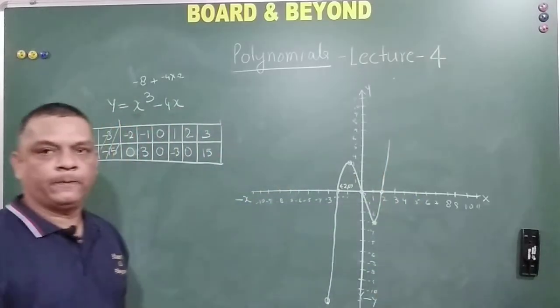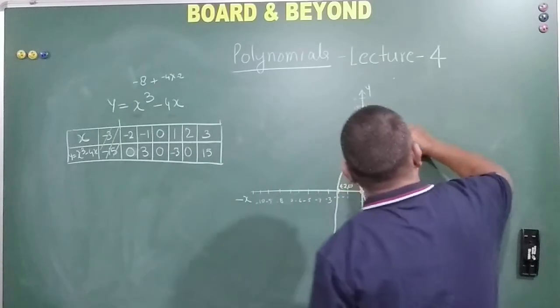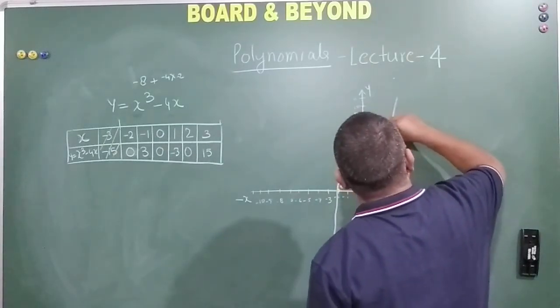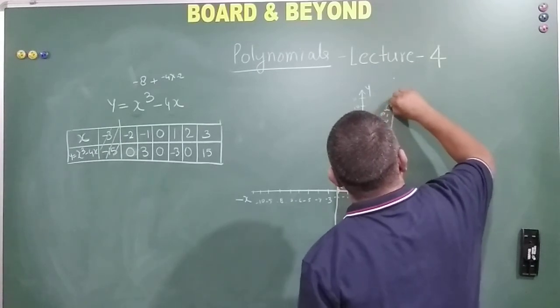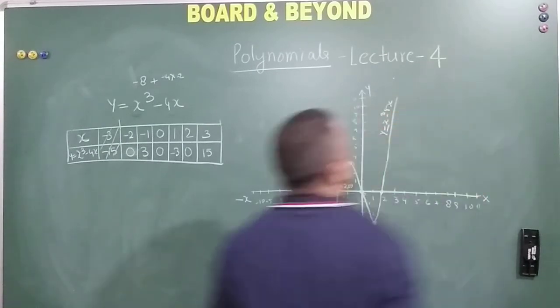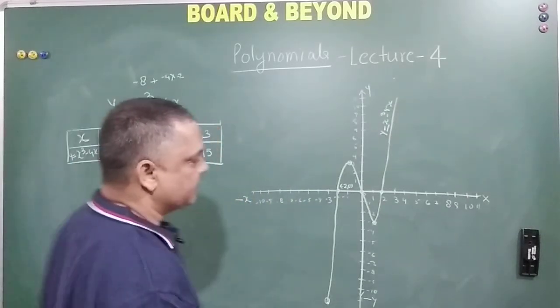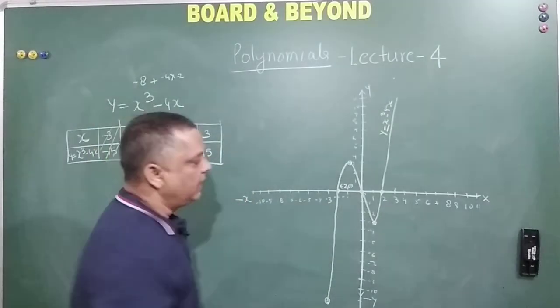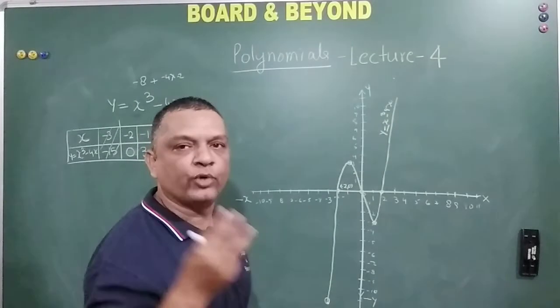Like this. Okay. So on this line itself, you should write y is equal to x cube minus 4x. You are getting my point? Okay. Now we see here that this was a cubic polynomial and it has intersected the x-axis at 3 different points,